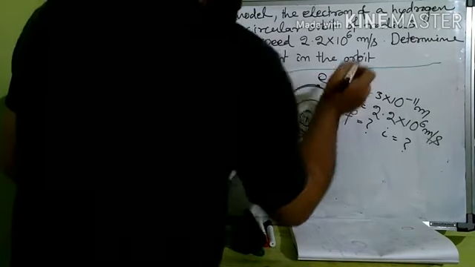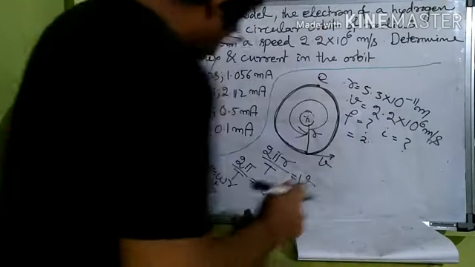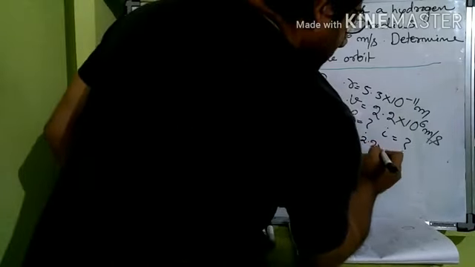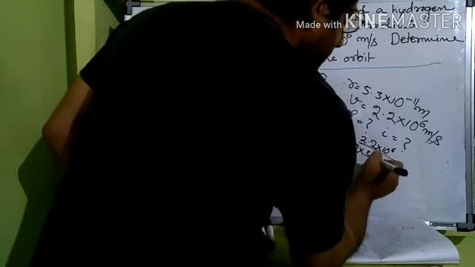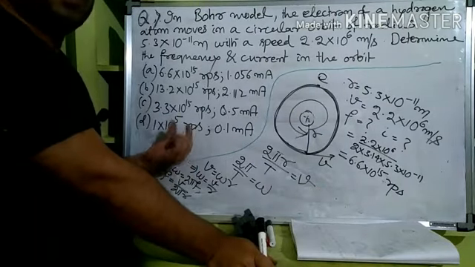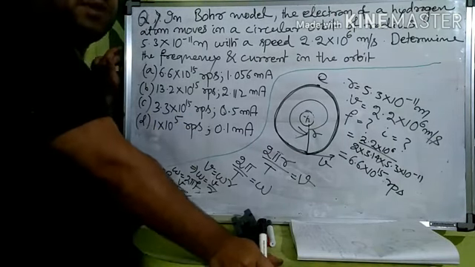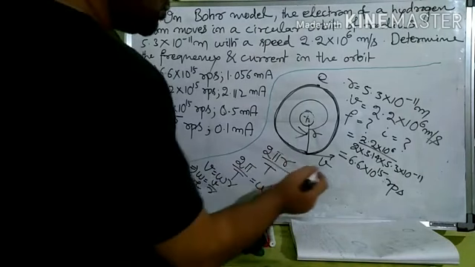So v is there, r is given in the question. So f is equal to how much? f = v by 2πr = 2.2 × 10^6 by (2 × 3.14 × 5.3 × 10^-11), which gives 6.6 × 10^15 rotations per second. RPS means rotations per second, and this is also called Hertz, Hz. Frequency unit is Hertz or RPS. In current usage, rotations per minute (RPM) is also said. That's fine, so we got one question.